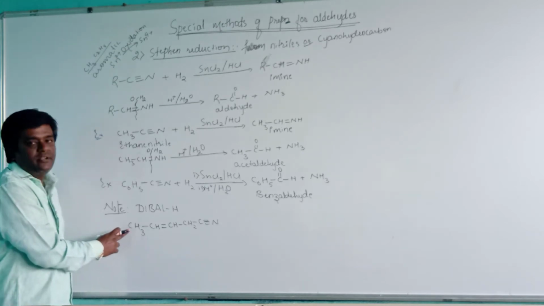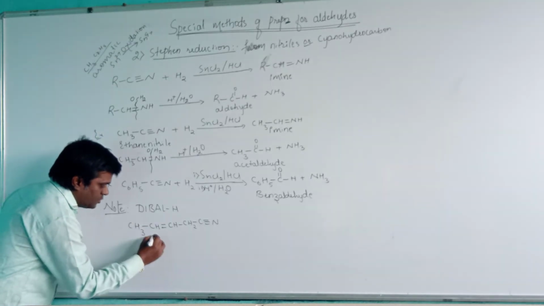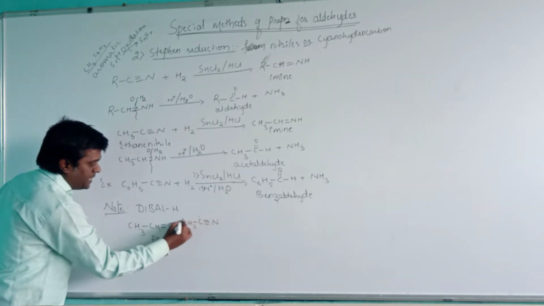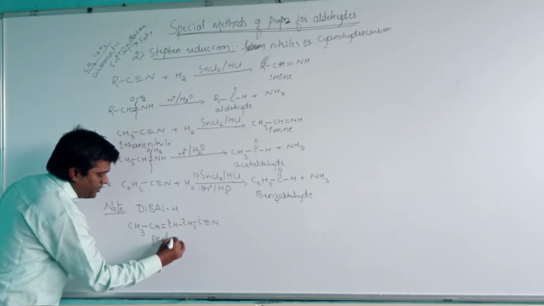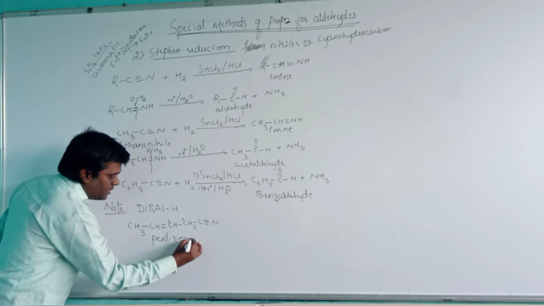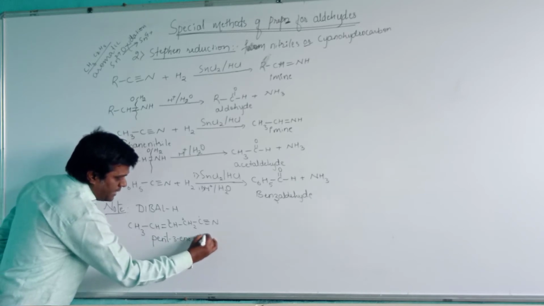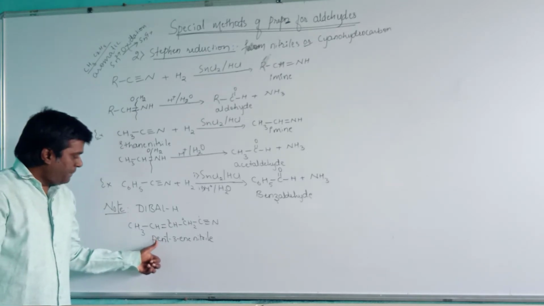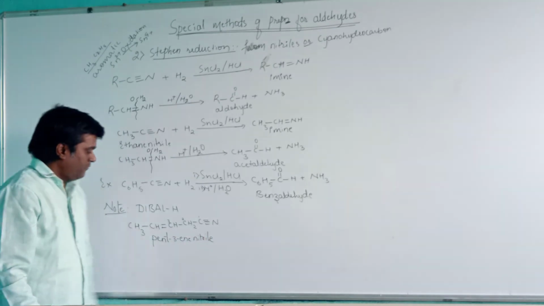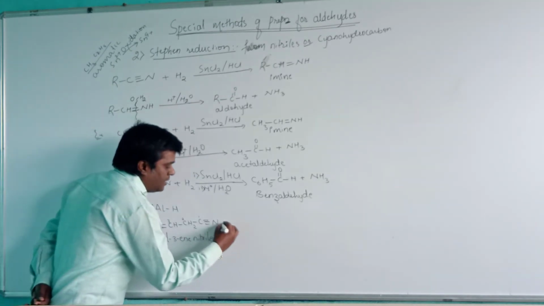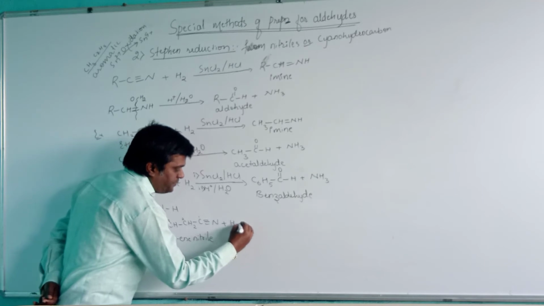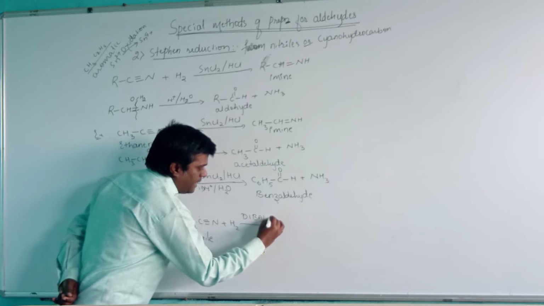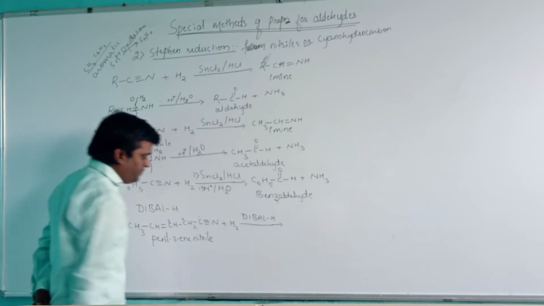There are 5 carbon atoms in the parent chain. Therefore, the root word is pent, and it is unsaturated, with the double bond present in the third position, that is 3E. The nitrile is present in the first position. Therefore, the IUPAC name is pent-3-ene nitrile. When pent-3-ene nitrile undergoes reduction in the presence of DIBAL-H, that is diisobutyl aluminum hydride, then there